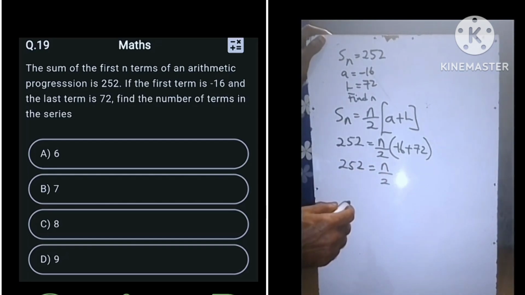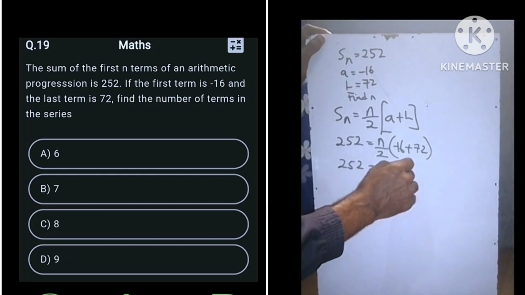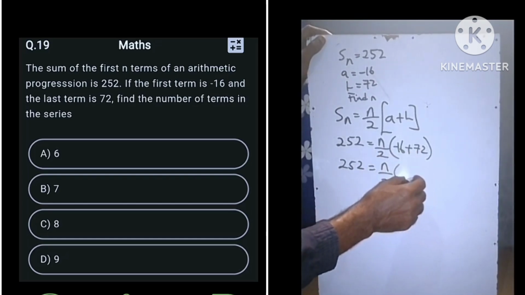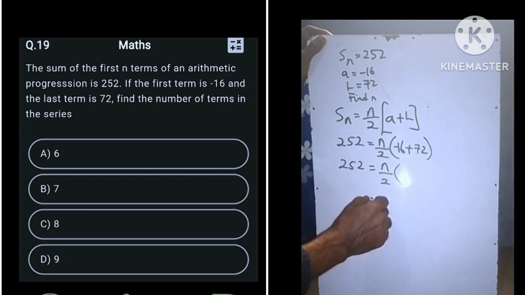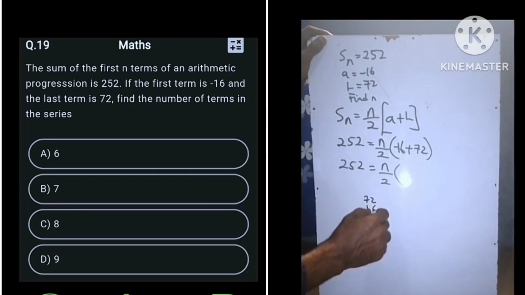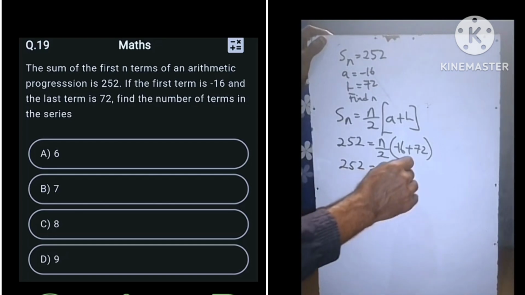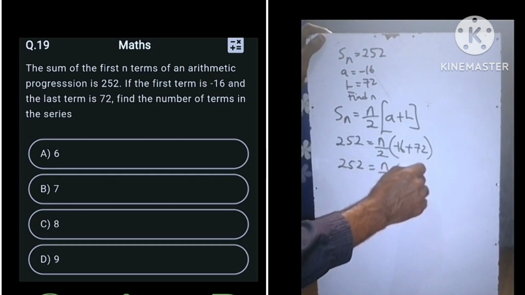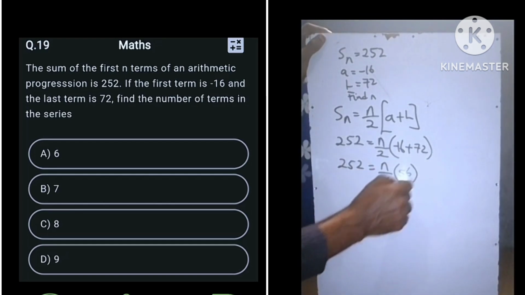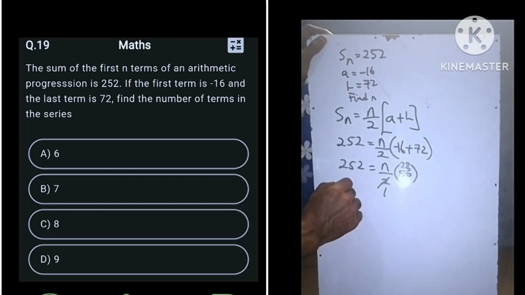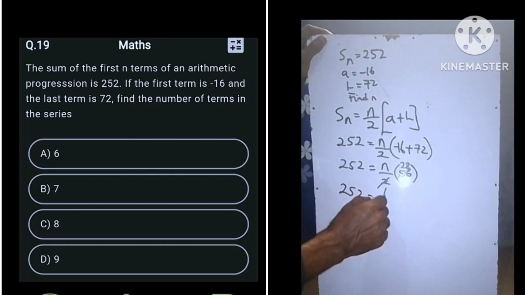72 minus 16 will give us 56. Now let's break down. 2 here is 1. 2 in 56 will give us 28. So what we have here becomes 252 is equals to